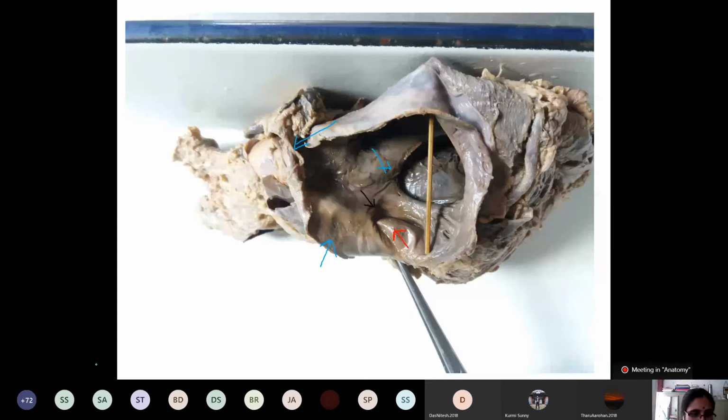And here, in the exam, identify this purple arrow opening. What is this here? Opening of coronary sinus. Opening of coronary sinus. So this is the exam specimen. If there is an online exam, then this specimen will be used for the exam, and we may use different color arrows and ask you the question.